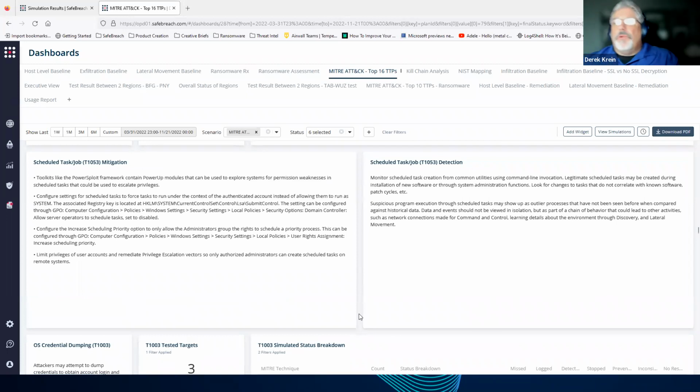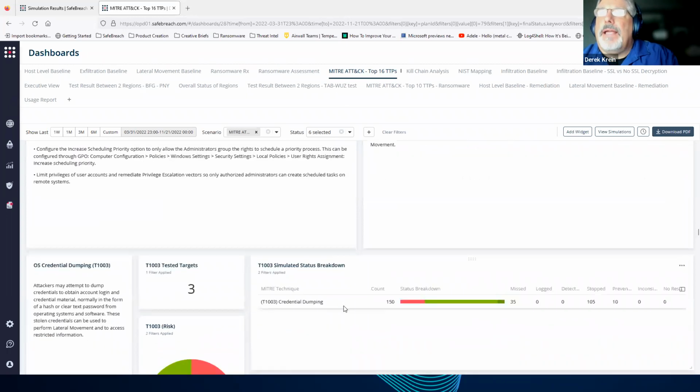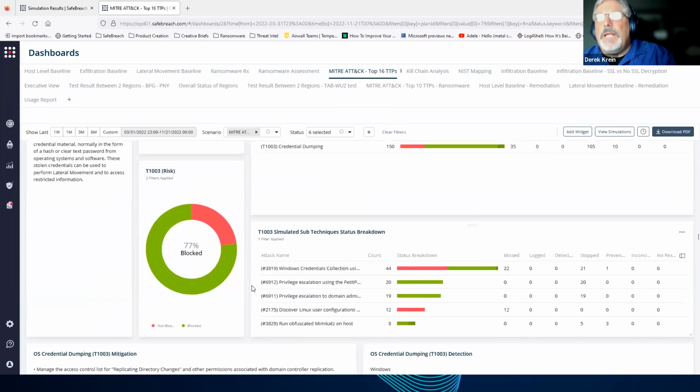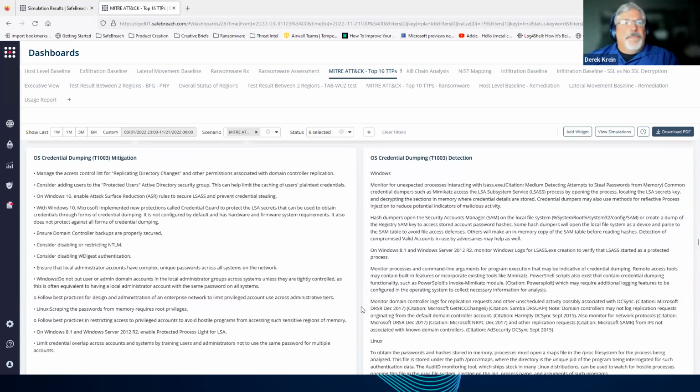So I know that was pretty quick. I wanted to provide that high-level overview, really dig into the MITRE ATT&CK and what that looks like, and give you an idea of the various kinds of capabilities that we can use to operationalize MITRE ATT&CK and what that might look like from your own perspective in building out your security program. And from there, I don't have much more. We can go to questions.